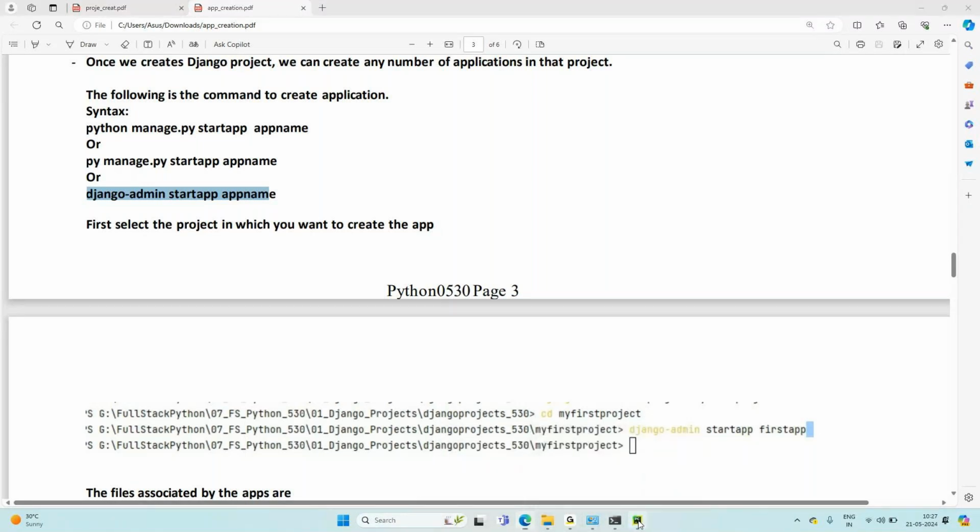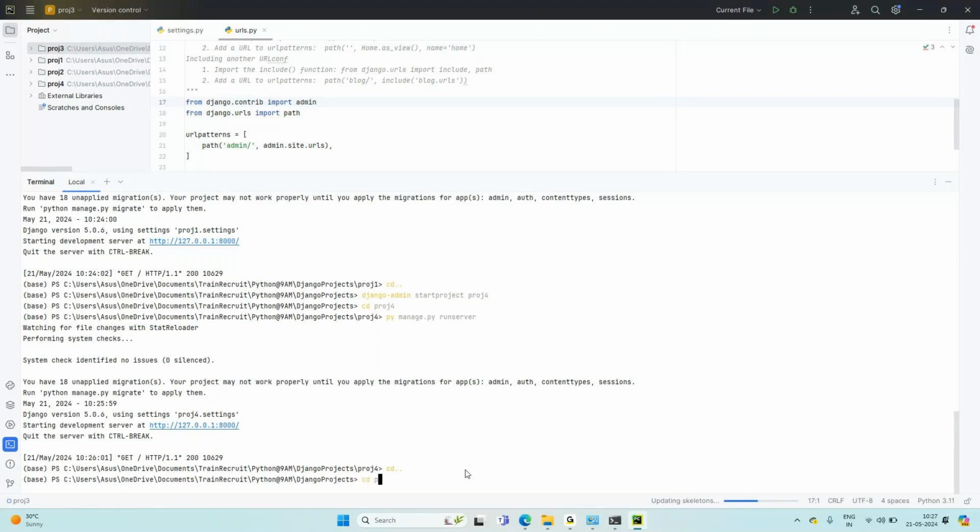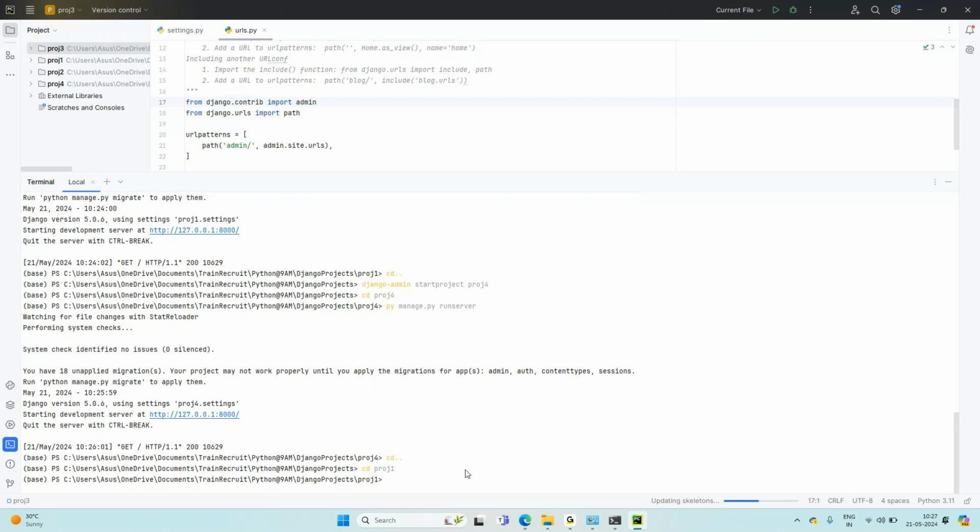Now what I'll do is go to PyCharm, Control C, exit from there. Now I want to select project one. Tell me how to select project one. CD project one. Okay, CD project one. So now I want to create the app. Yes. Okay. So app I will create by saying